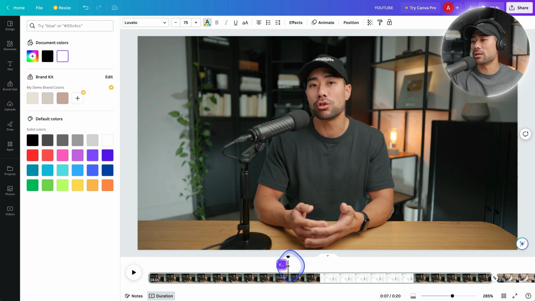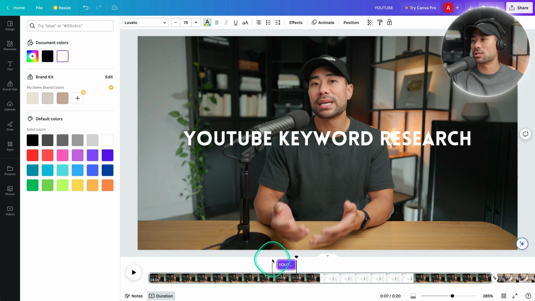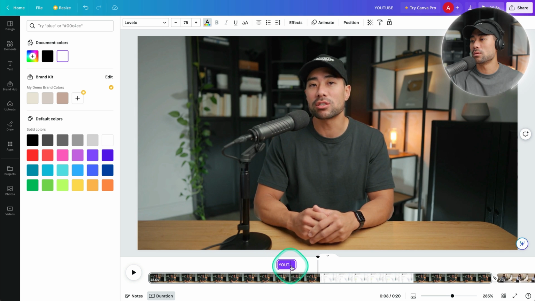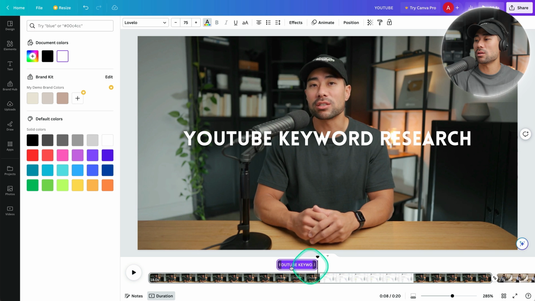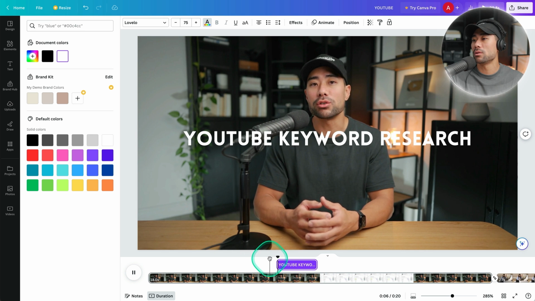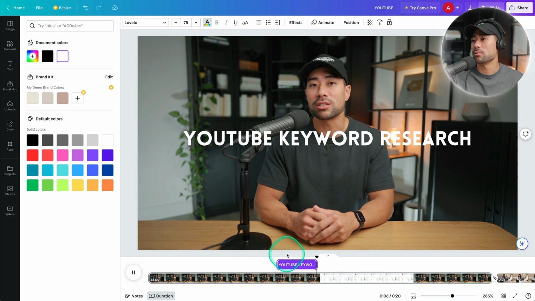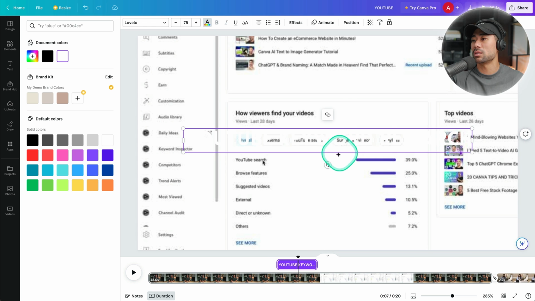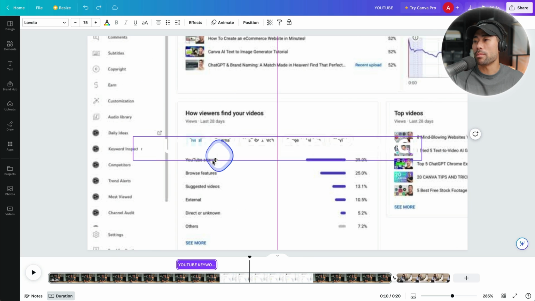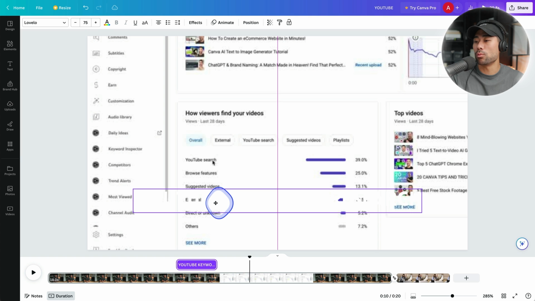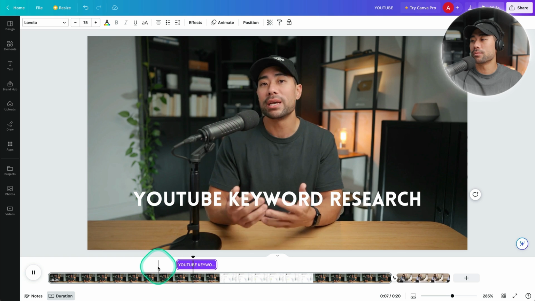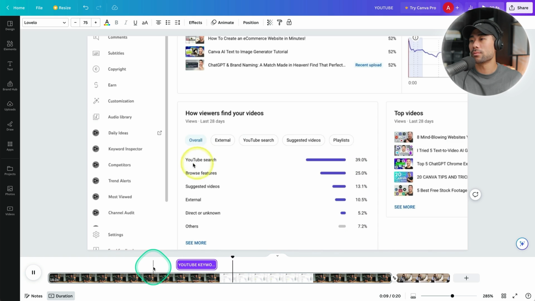Okay, I do need it longer so it stops when I actually say after research. I do YouTube keyword research. So it ends here. Okay, so I'll play it again. I do YouTube keyword research. So that looks good. And now I'll just reposition it so it's somewhere down the bottom. So simply use your mouse to reposition where you want. So I think it was there. And if I go back a bit, this is how I do YouTube keyword research to rank my videos at the top of